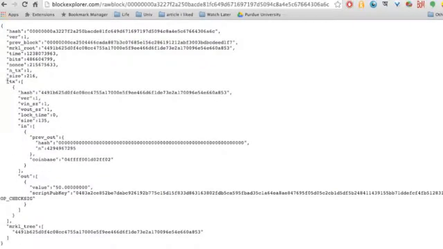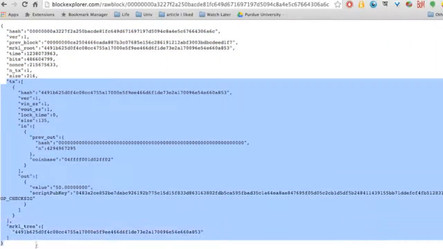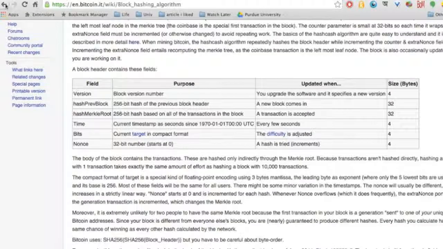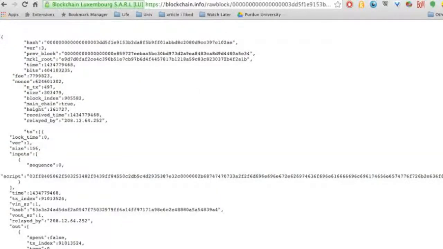Okay, and so that means this part is the Bitcoin block header. Okay, and this part is, you can say, the Bitcoin block body. Okay, and this body contains the Bitcoin transactions. Okay, Bitcoin transactions. So a Bitcoin transaction again is divided into two parts, as we have seen here,